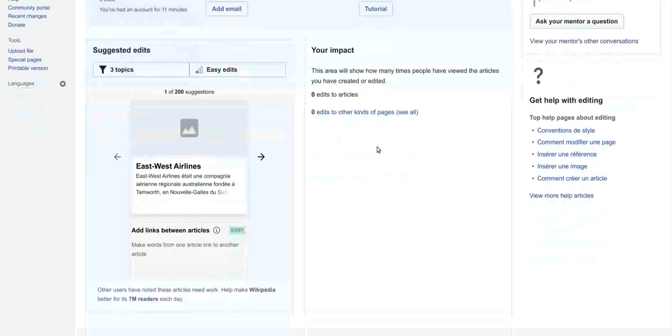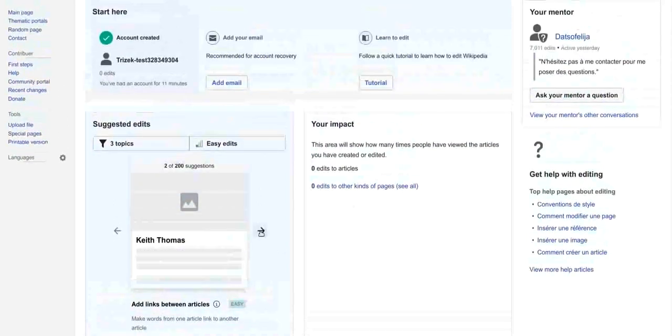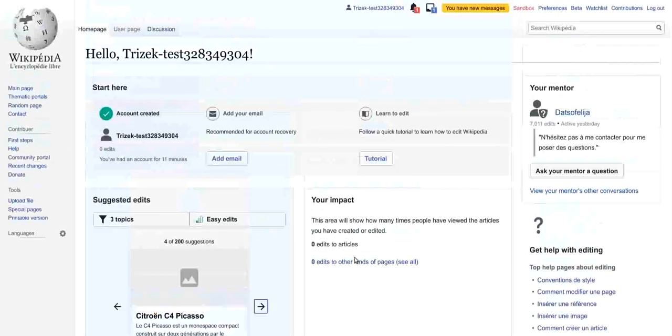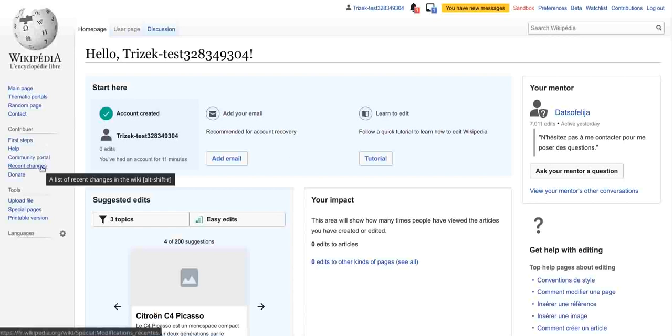This home page is really the best place to start, and we have some pretty good results about what people do. With suggested edits, for instance, people tend to make more edits that remain on the wiki. They are really considered constructive, and the impact on the community is really interesting. Let's see what the impact on the community would be.